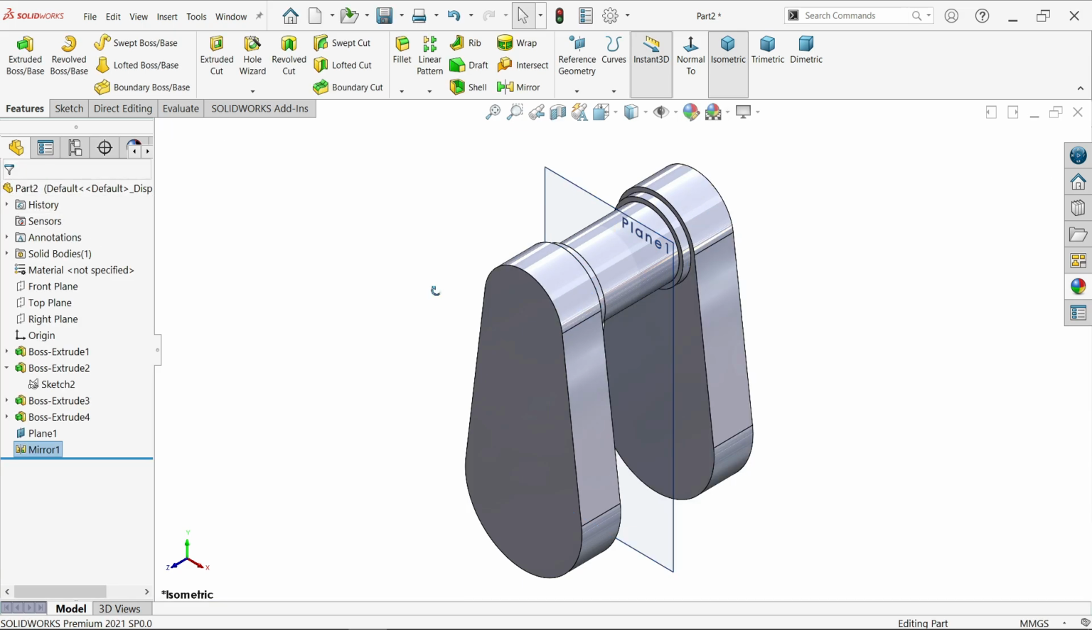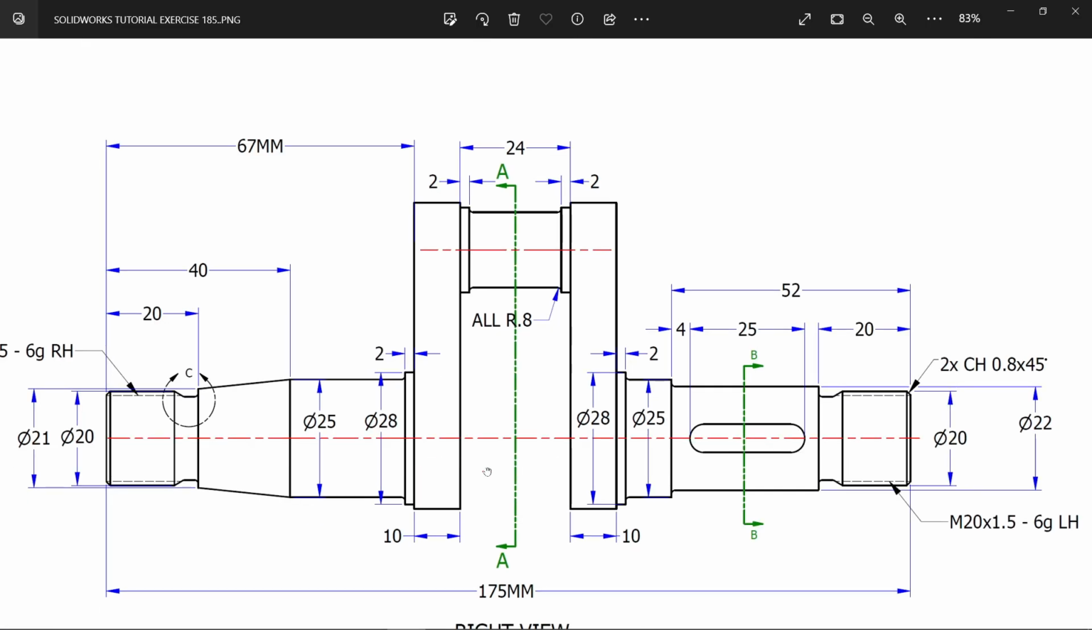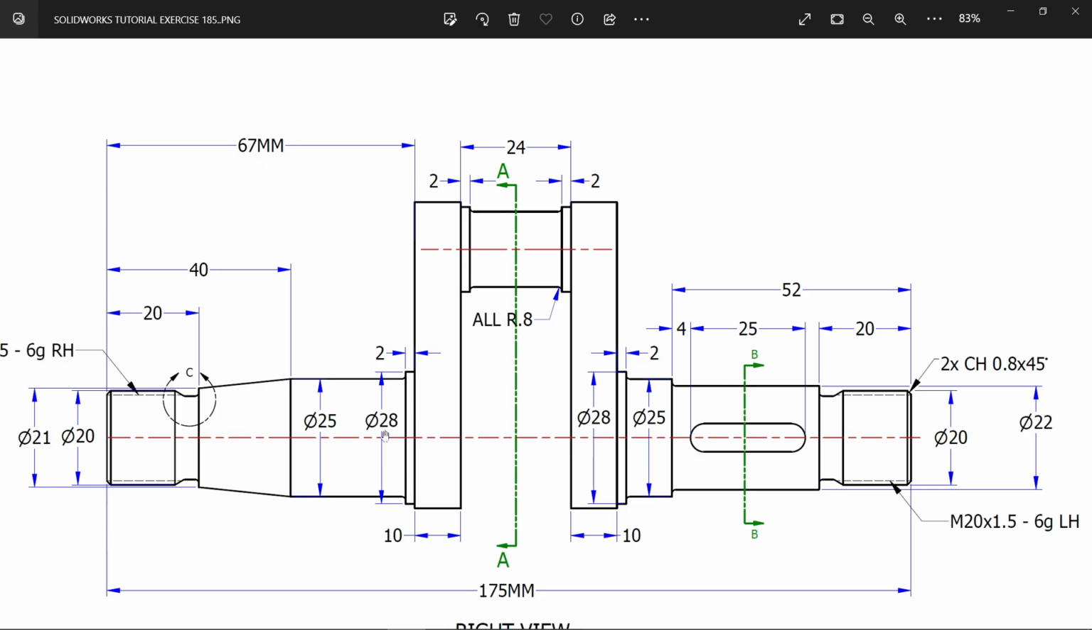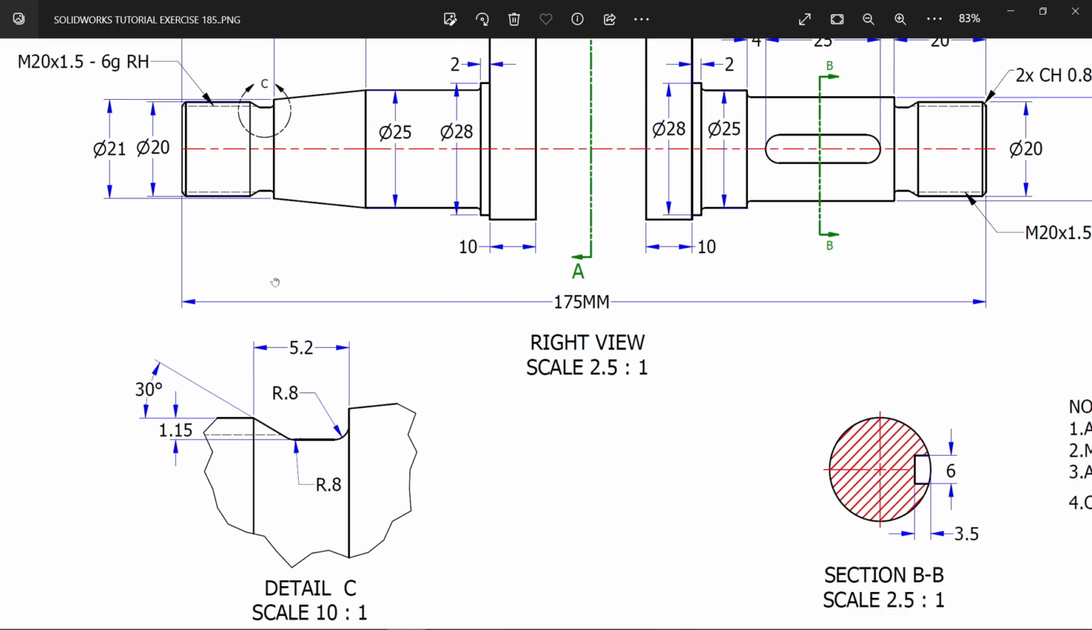Say OK. Now see. Right click, hide. Now let's make this outer diameter 28, 25, 2 millimeter, 67 from outside to here. Now this 40, 20. Now there is a 20 and 21, and you will see this detail view, cross detail